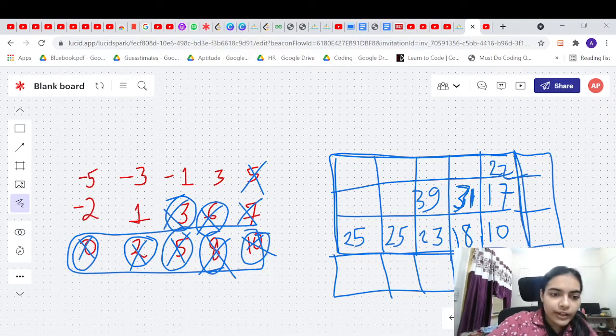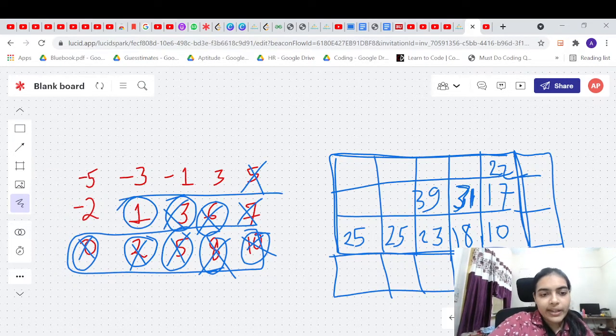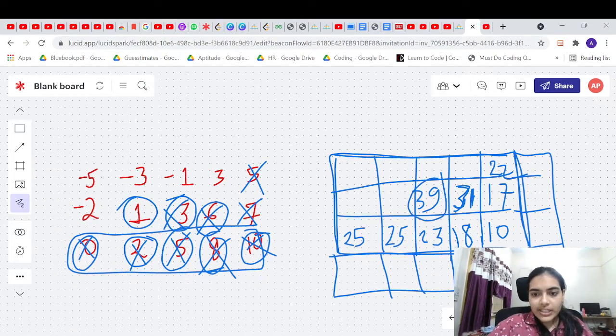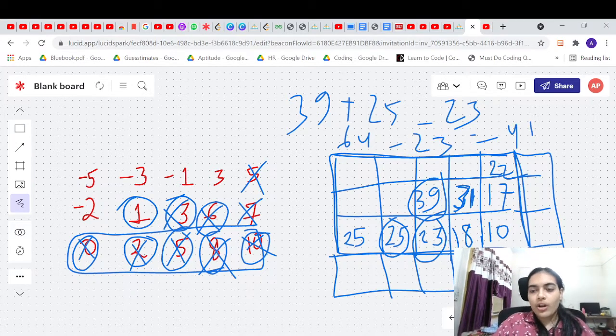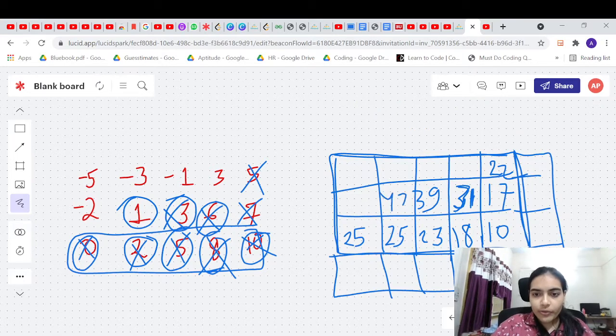Okay, now let's quickly go forward. Now we have 1, right? So it's better to take all the elements. How will you find the sum? Just take 39 plus 25 and then subtract 23. Okay, so what is 39 plus 25? 64. 64 minus 23 is what? 4 minus 3 is 1, and then you have 6 minus 2, 4. 41. 41 plus 1 is 42, right? So you can get a total sum of 42. So till now your answer is 42, right? Maximum that you can score by killing that soldiers.